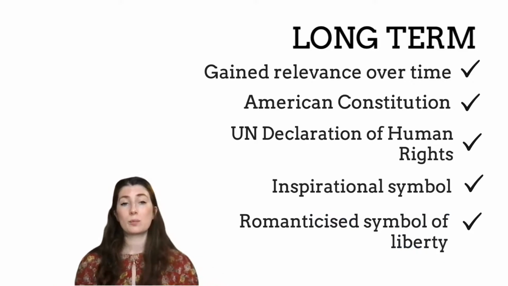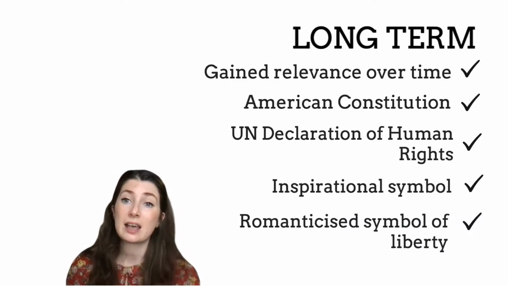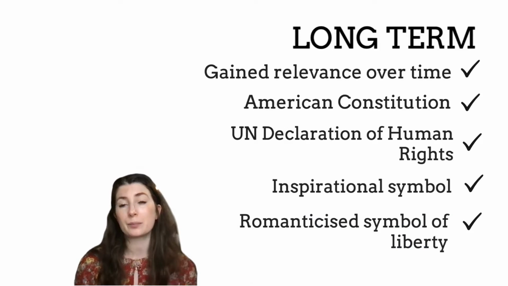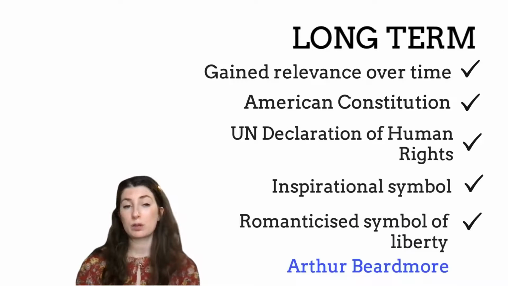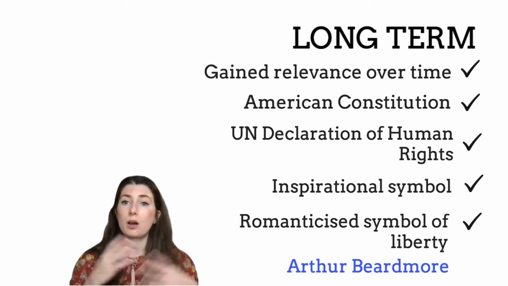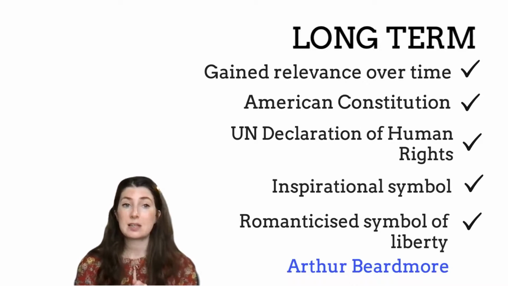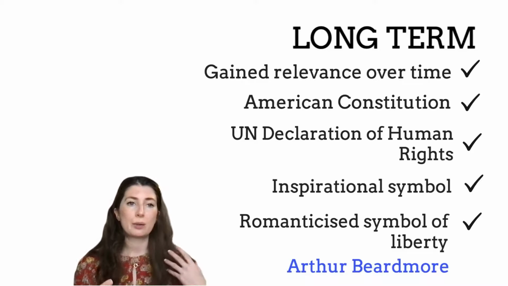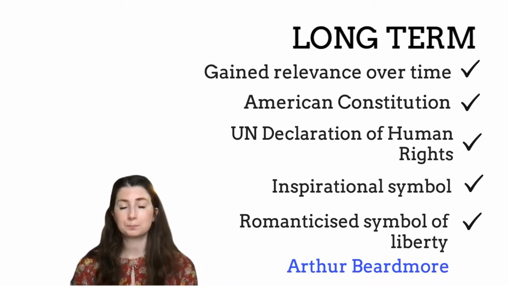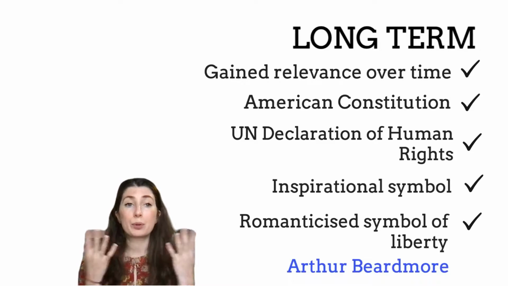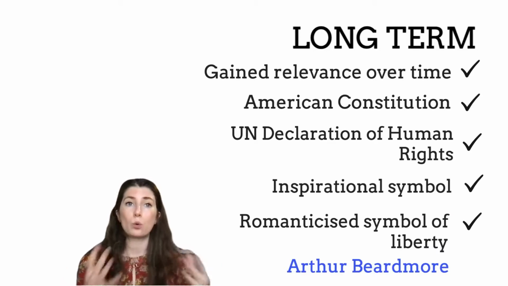Now, the last point I'm just going to talk about is this idea that Magna Carta to this day is seen as a romanticized symbol of liberty, of freedom. Now, the one example I'm going to give you, because remember those really precise academic examples are what we want, is that of Arthur Beardmore. Now, Arthur Beardmore was arrested in 1762, and he was arrested for the crime of seditious libel. Seditious libel is essentially where you're being arrested for treasonous writing. The government thought what he was publishing was treasonous, because it was particularly about liberty and the rights of the ordinary man.